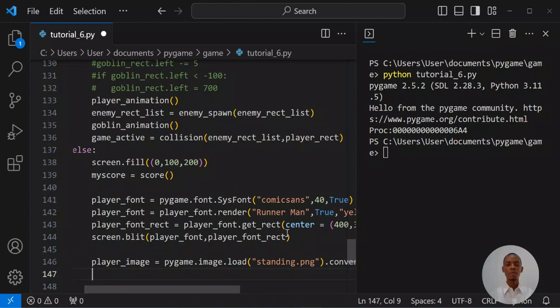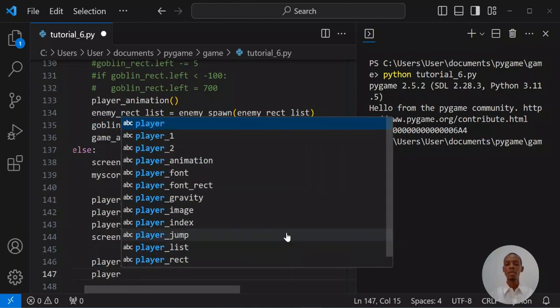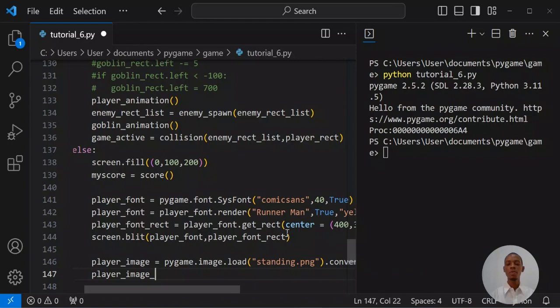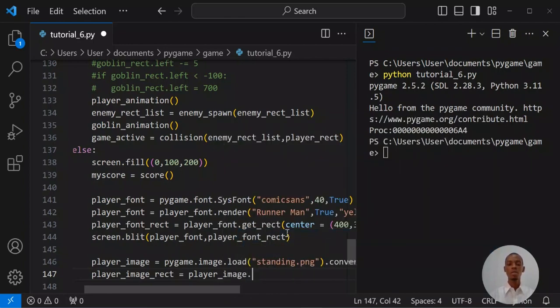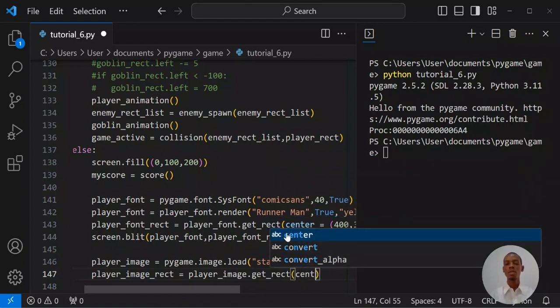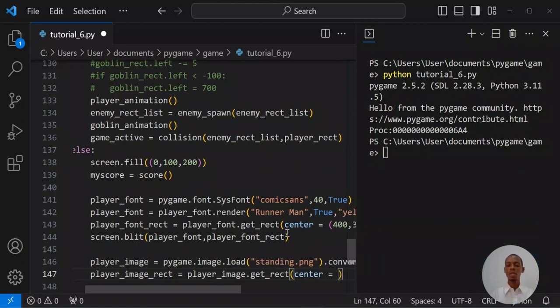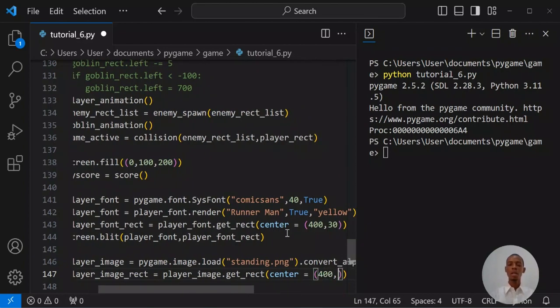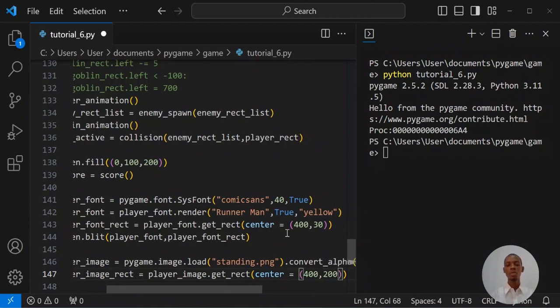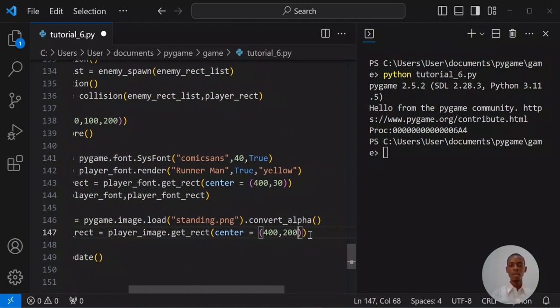Then I have to create a rectangle for it. So player image rect is going to be equal to player image dot get rect, and then I'm going to specify the rect now, which is going to be center to center, and then the position I think it should also be 400, and the height should be kind of low a bit, so it should be 200,